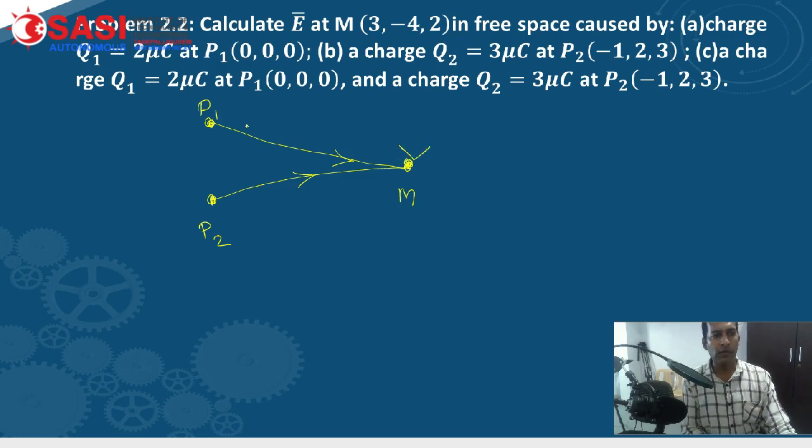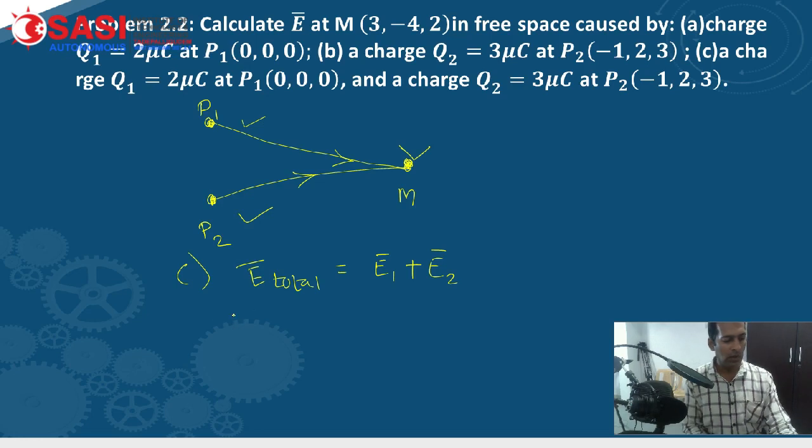So for that, what do we have to do? We have already calculated E for P1 and E for P2. If we add both of them, we will get the answer, the total E on M. So this E total is nothing but E1 plus E2. We have already calculated these values, so we'll write them down here. For E1 we have 345.307 AX cap, then 460.409 AY cap